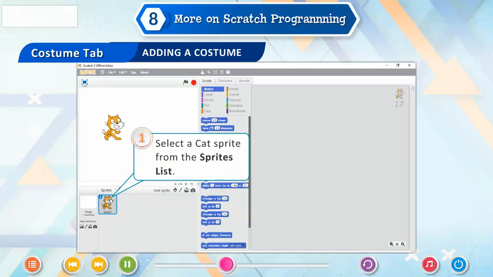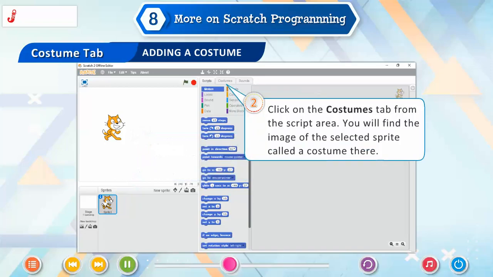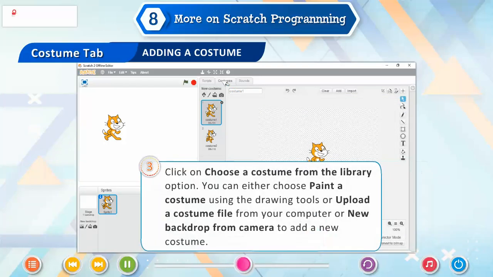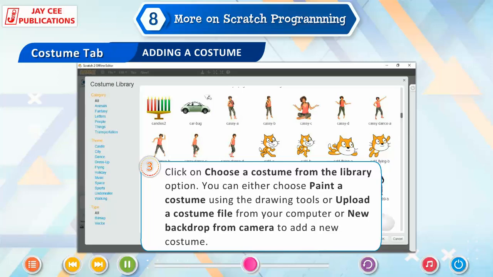Select a cat sprite from the sprites list. Click on the Costumes tab from the script area. You will find the images of the selected sprite, called costumes, there. Click on the Choose a Costume from the Library option. You can either choose Paint a Costume using the drawing tools or upload a costume file from your computer or